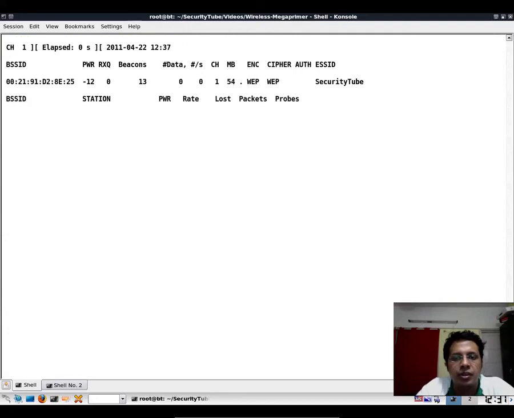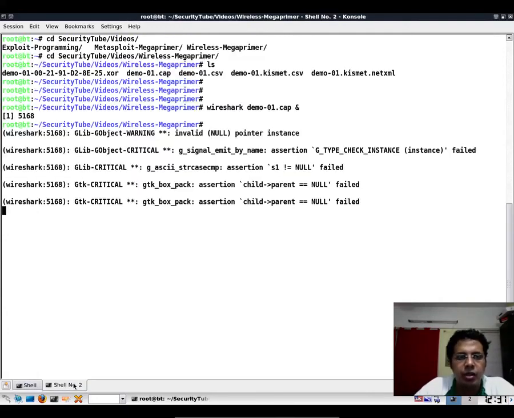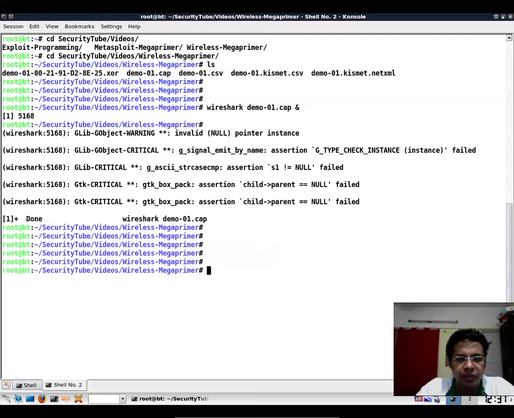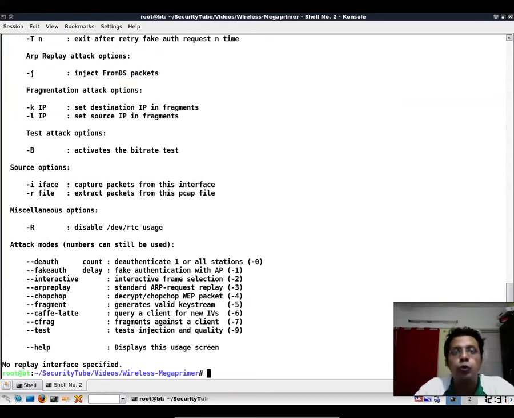Let's start the sniffing. Right now, if you notice, nothing much is happening here. Now what we will do is use aireplay to do the fake authentication using the key stream which we just found over the air and have stored locally. So we'll use aireplay, and I think most of you may already be aware that the option is fakeauth, which we used in the last video.